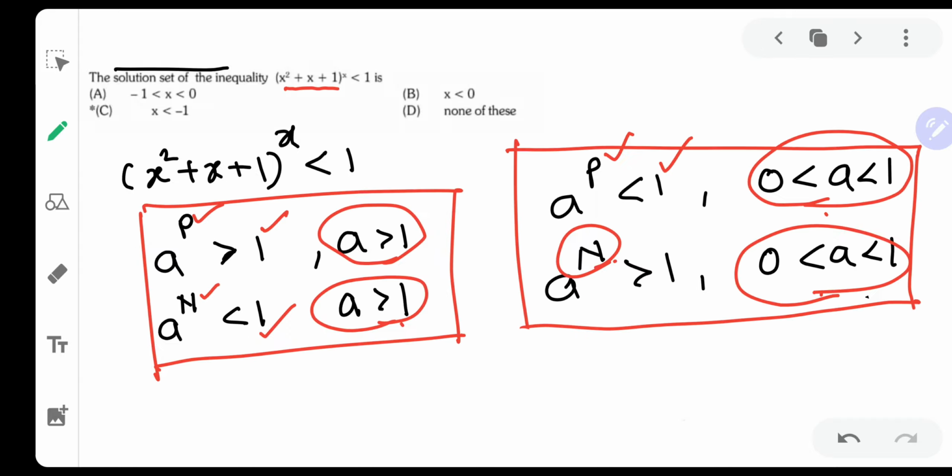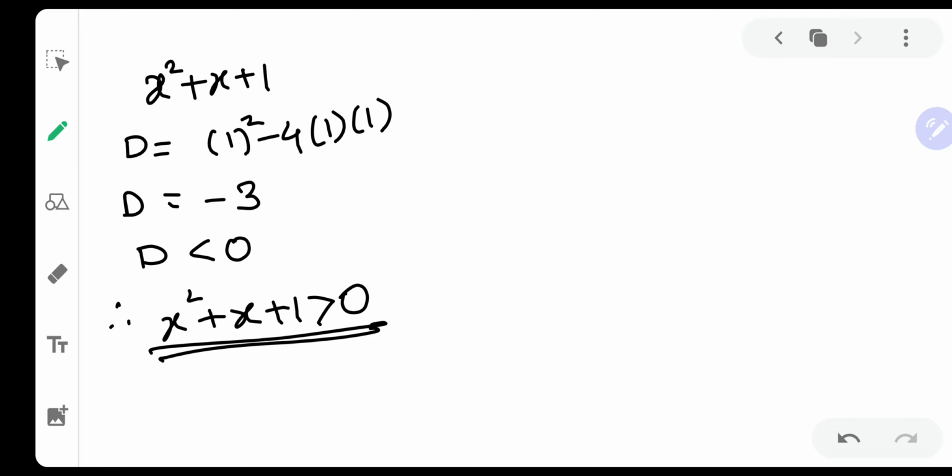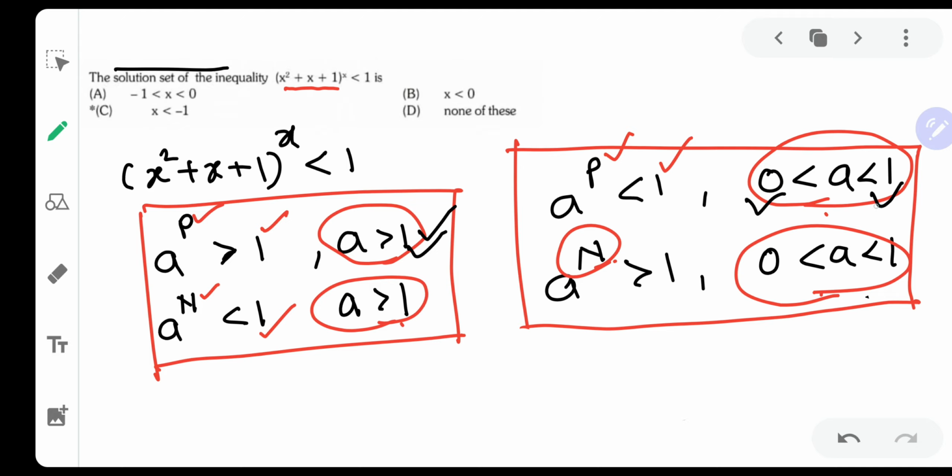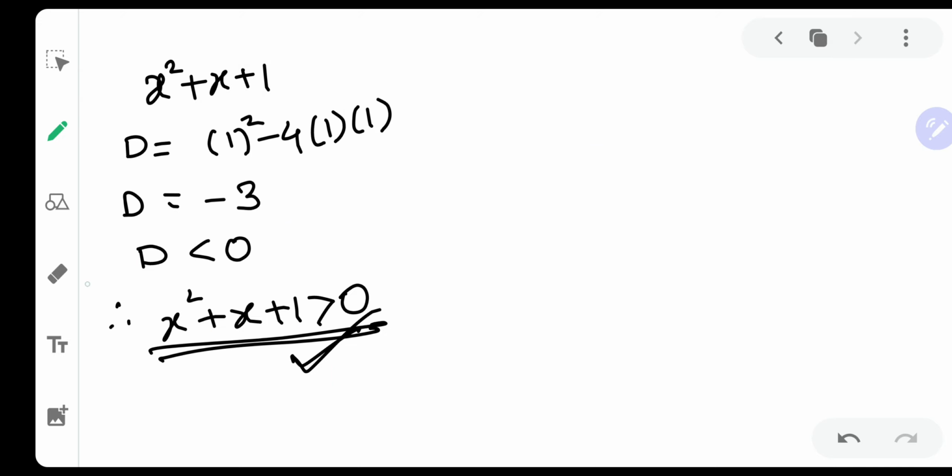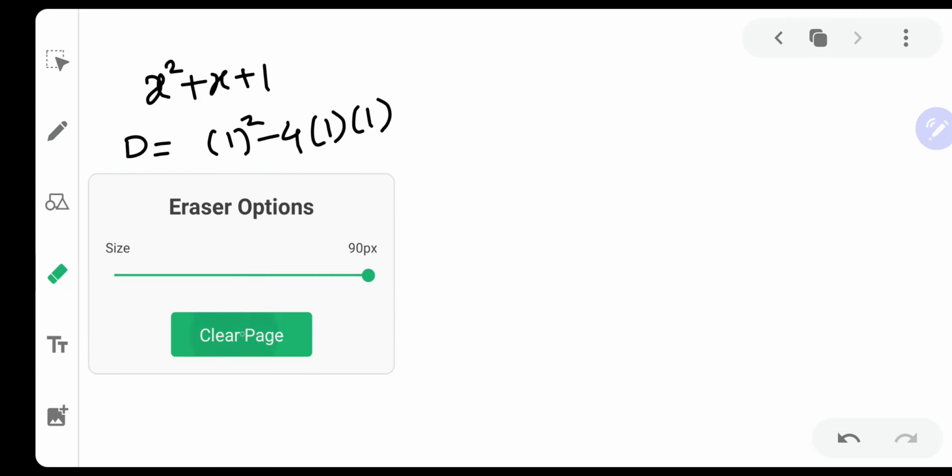The concept which I explained to you was that a is between 0 to 1 and then greater than 1. That means a must surely be greater than 0, and that is what I have gotten, right? Now I need to consider two cases in which a is first greater than 1 and then lesser than 1, and accordingly I have to deal with it. So what I will do is consider x square plus x greater than 1, and then I will try and solve this question.